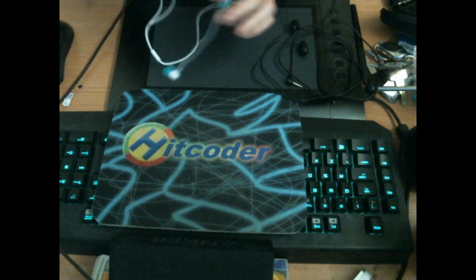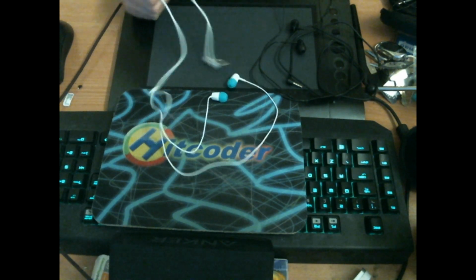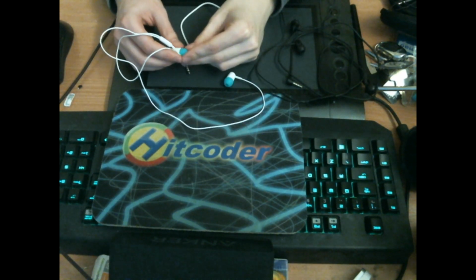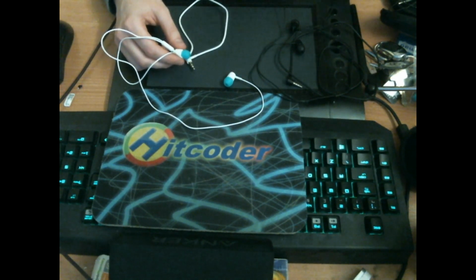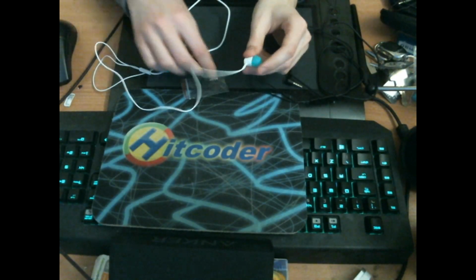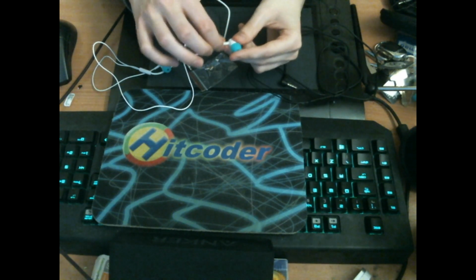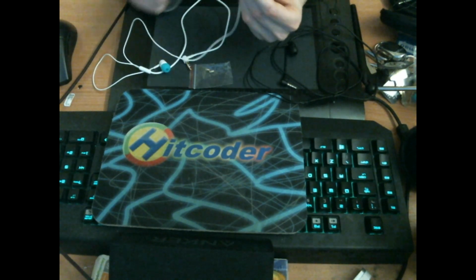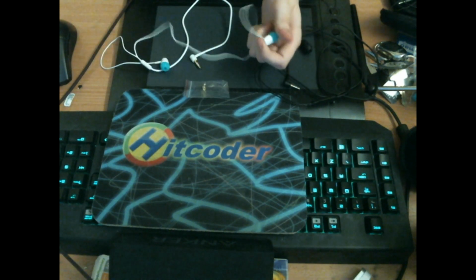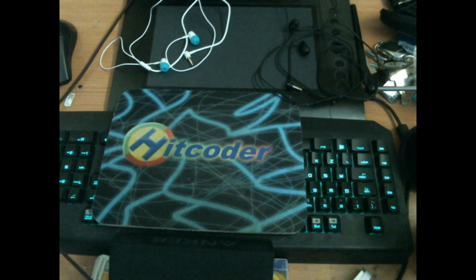But yeah, if you pick a pair of these, I would recommend picking a pair of these up and modding them. It costs about £5, it doesn't even cost £5, so it's about $5 in America for these. Then you just need some MMCX connectors, like these. And basically remove the cables from it, and you can place the connectors where the cable originally was. You have to increase the size of the hole where the strain relief was, because the connectors are slightly too big to go in. But yeah, there are modding guides on these everywhere over the internet, and if you search up MMCX MH755,